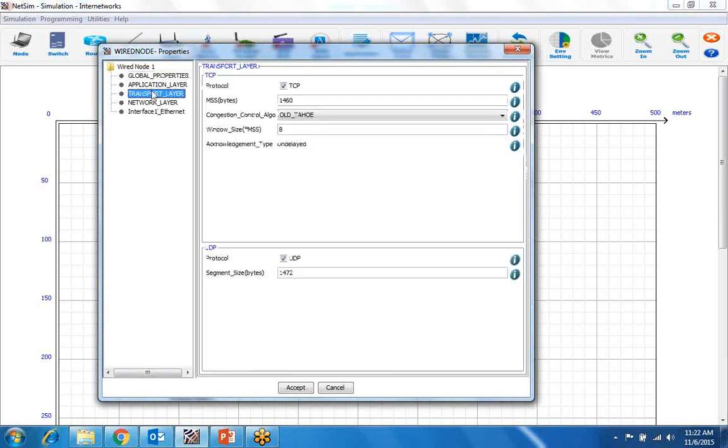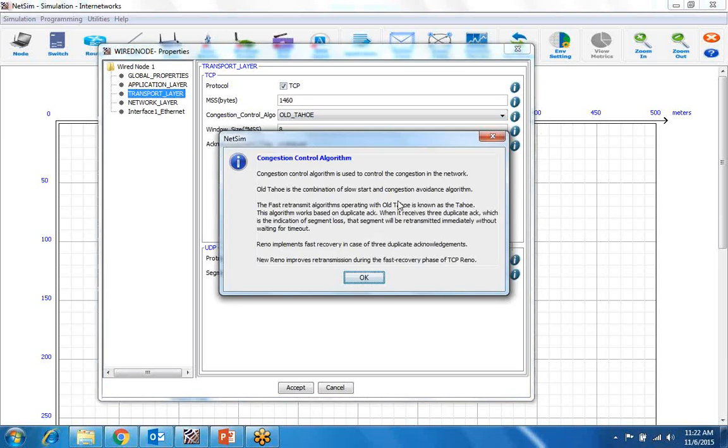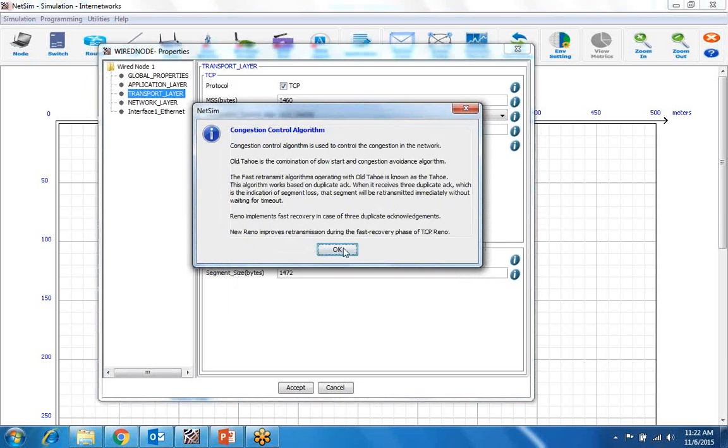In transport layer, we have TCP and UDP protocols. These are some of the parameters given here. There is one good thing in the software, that there are information tabs given here. So when you don't know about any parameter, you can just click and have the information about that tab.